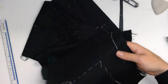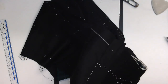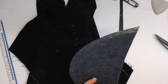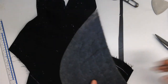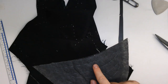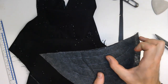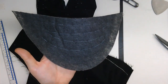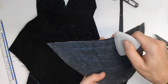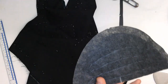Now, ensure that you haven't caught your linings as you've done this, because we're going to slip the shoulder pad in next. So, grab your shoulder pad and make sure you've got a left-sided pad. The left-sided pad has a hole in the center here, which is slightly offset forwards. So the front of the pad is slightly shorter than the back. Okay. We're going to mark a notch where that hole is, and we're going to create a little triangle in there